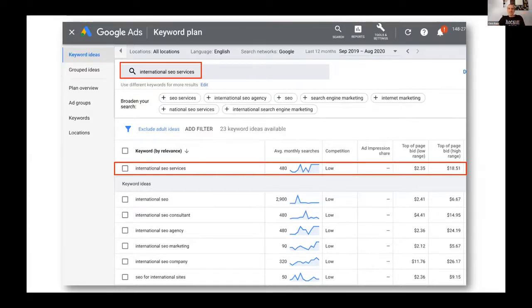So you type in a seed keyword, or the overall overarching keyword that describes your business. Google will tell you, hey, there's about 480 people globally searching for this keyword. And hey, here are some recommendations that you may want to think about adding to your target SEO keywords list. So we usually download thousands and thousands of keywords. We'll boil them down to a manageable amount of keywords that we'll optimize for. And usually this takes anywhere from half a day to a week, depending on the size of the website.